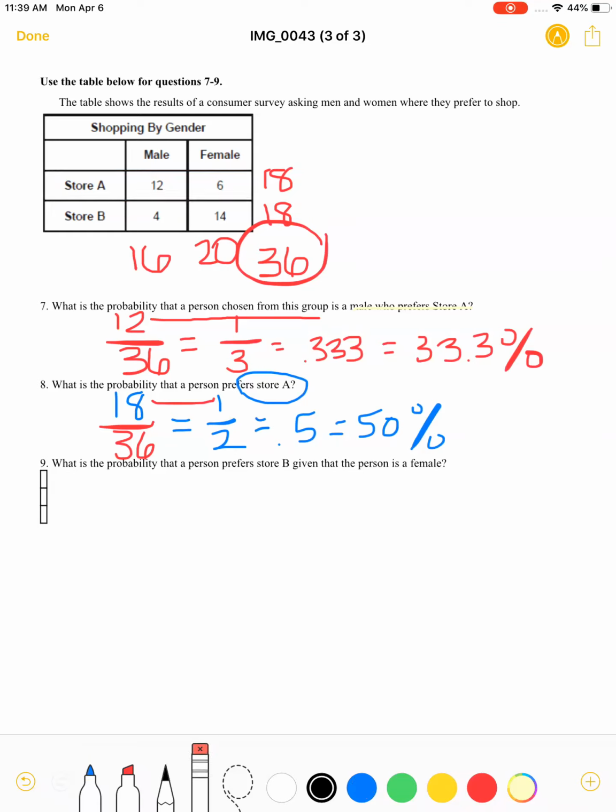Number 9. What's the probability that a person prefers store B given that the person was a female? Okay,